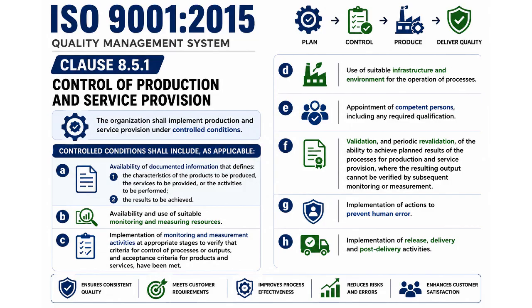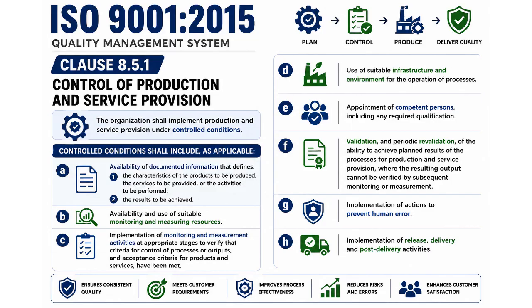Organization must also provide proper infrastructure, a suitable working environment, qualified personnel, and validate special processes where the result cannot be fully verified afterward. Preventing human error, controlling product release, managing delivery and handling post-delivery activities are also essential parts of maintaining quality. For every organization, this clause is very critical for ensuring operational consistency, reducing process risk and delivering reliable